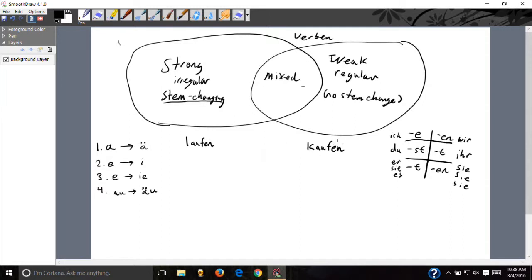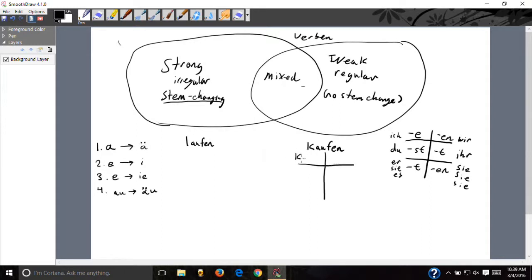What does that even mean? Well, in the German language, we have a couple of verbs here in the weak category that follow a regular pattern, which is right here. The ich ending is an E, the du is an ST, er/sie/es is a T, wir ends in EN, ihr ends in a T, and sie ends in EN. So let's take the verb kaufen, which is considered a weak regular verb. When we conjugate it,